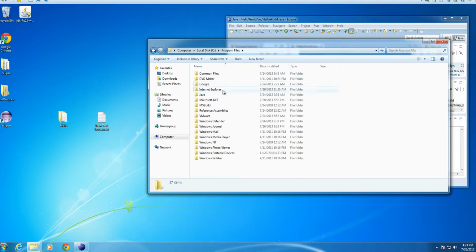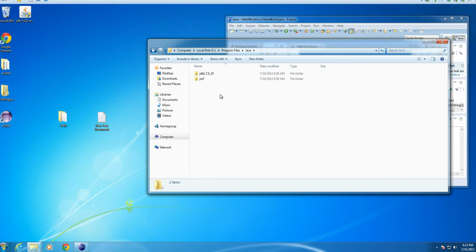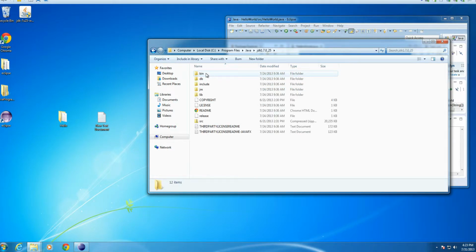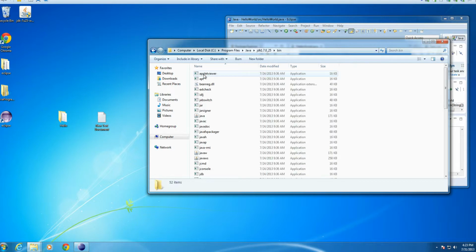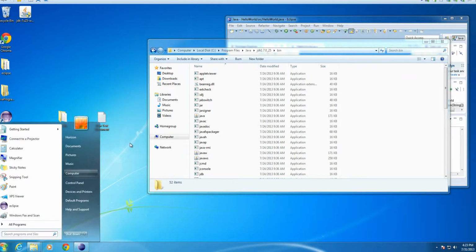Mine is installed, usually it's going to be in Program Files, JDK, and bin. Basically, I'm just going to copy this address here